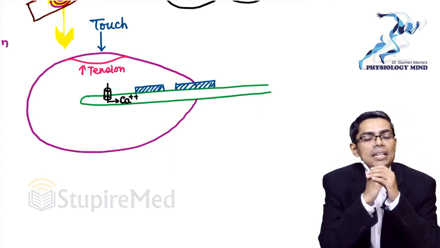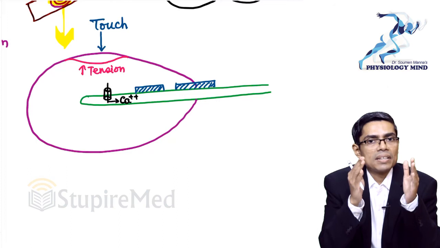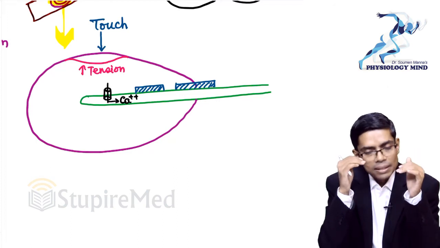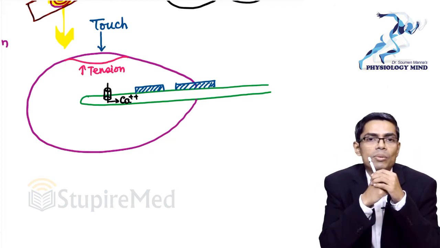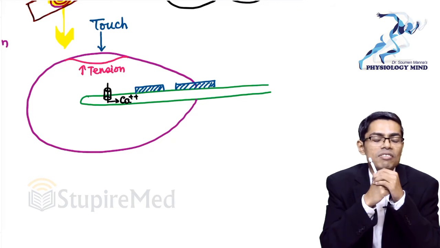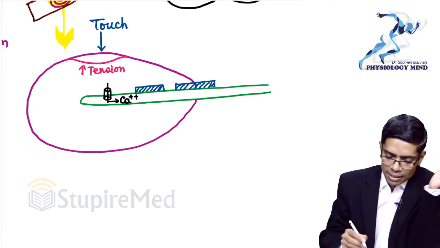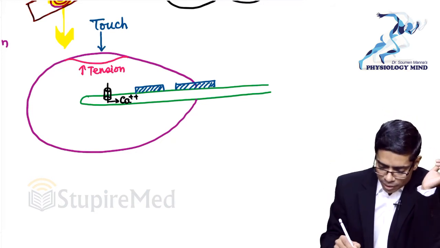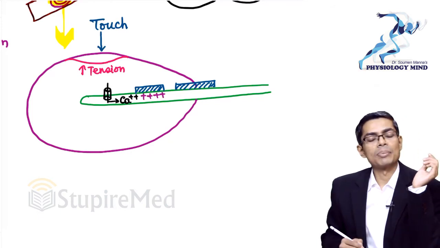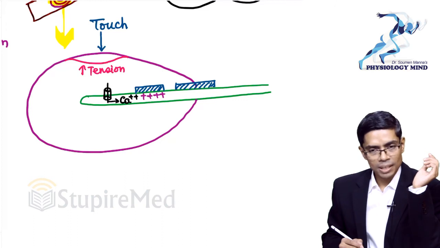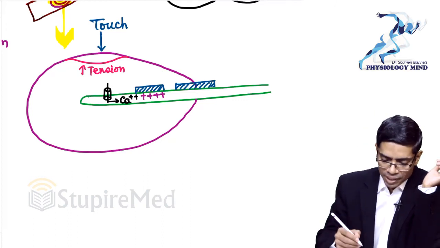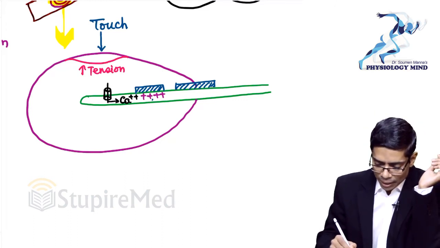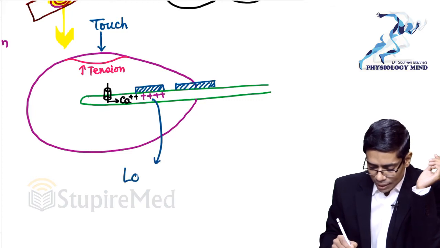Because of that, there is increased tension. That tension is opening stress sensitive cation channels, that is causing entry of cations in the form of calcium. Okay, mainly non-specific cation. Now this calcium will cause depolarization. So basically neuronal depolarization is going on. So this depolarization is nothing but a kind of